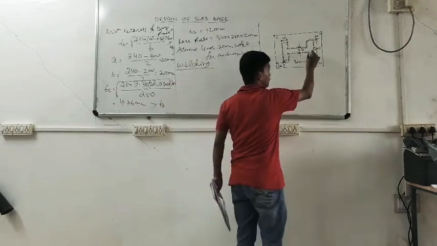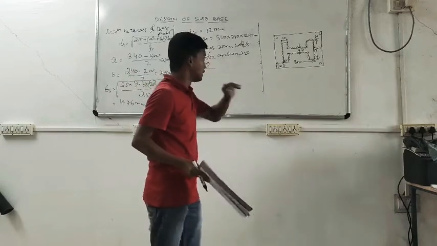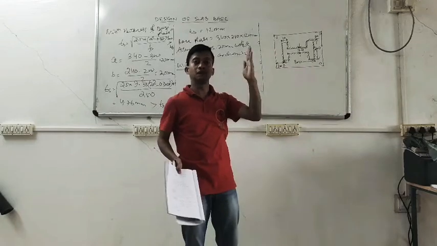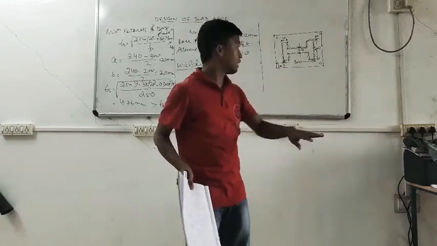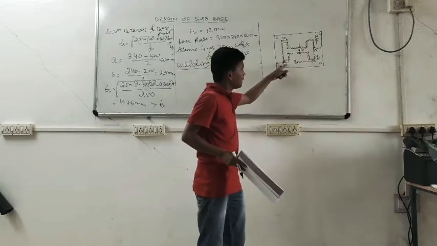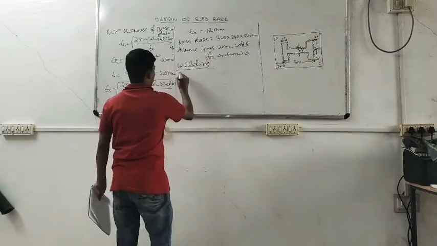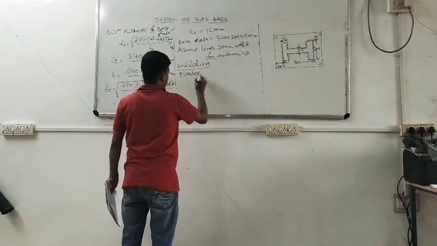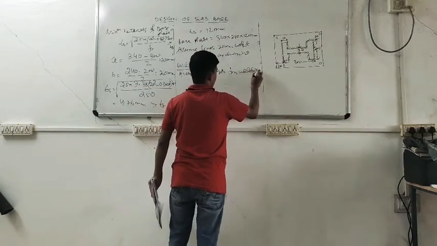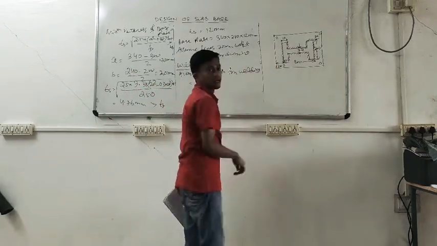Okay, so in welding you have to design a weld, that is the size of weld, how much, and what is the length available for welding, and you have to restrict your required length of weld to the available length of welding. Okay, so if we put the welding in the periphery of this column section, then what will be the available length for welding?